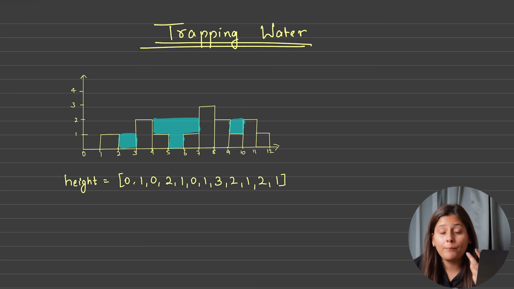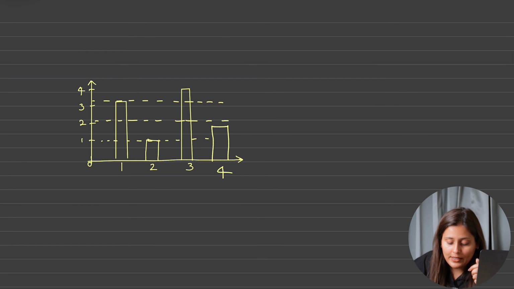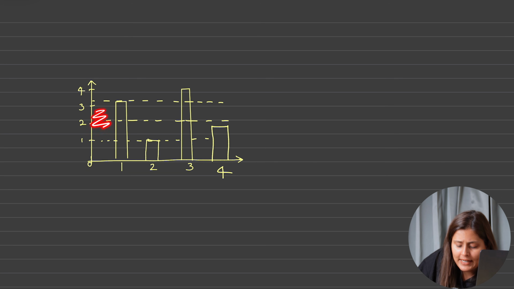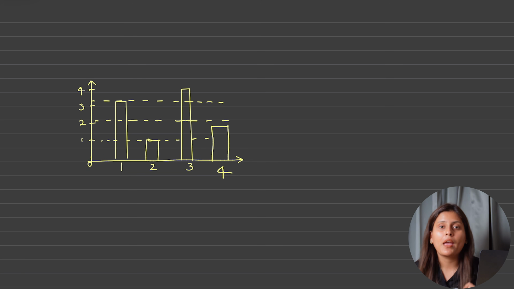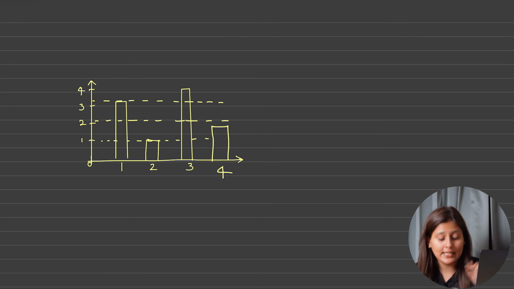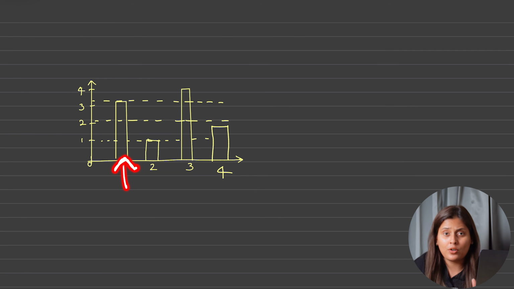So what can be the approach for this case? To understand this, let's take an example. Here it is a short example, and suppose you are standing here at 0th location. At 0th location you have no such building. So do you think any kind of water will get trapped in between? No. Why? Because to trap any water there should be two things, and in between them the water can be trapped. Correct? Okay. So now you will reach here, and you can see this is a building, it cannot trap water.